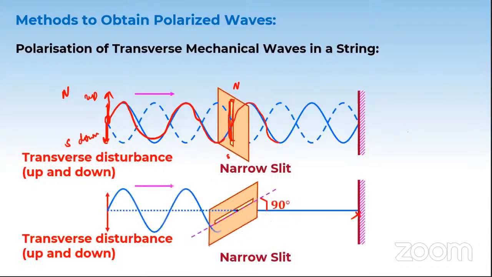What will happen now? It will be completely blocked, right? Am I right? Because see, the wave is oscillating up and down, but this gap here, this slit, is from east to west, sideways. Right now, the wave cannot pass because it is trying to go up, but there is no gap for the wave to go up, so it's completely blocked now. Now it is passing, right? But now it is blocked, and this is exactly what happens in the polarizer. Only a few light waves will pass through this particular object, and other light waves will be blocked.